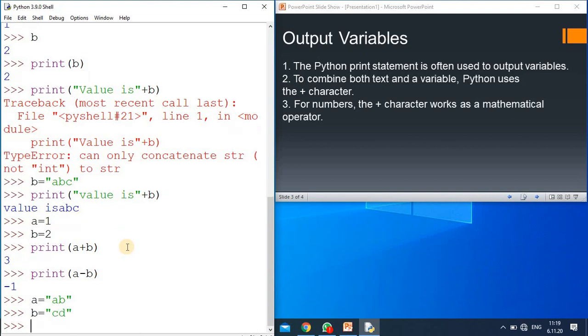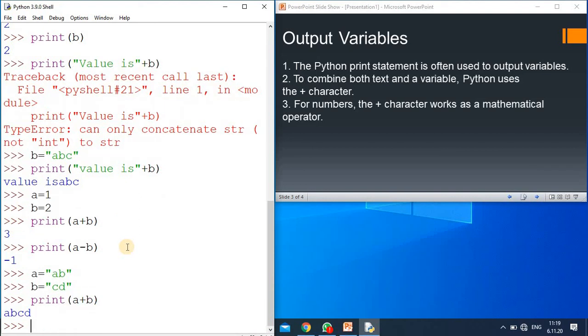Next statement is print a plus b. Now we check, it is concatenated, means both the strings are added. Whenever you are going to add two strings, you use the plus operator and it will be added. And if you are doing the plus with numeric values, it will perform the addition operation. In this way you can use the print statement.